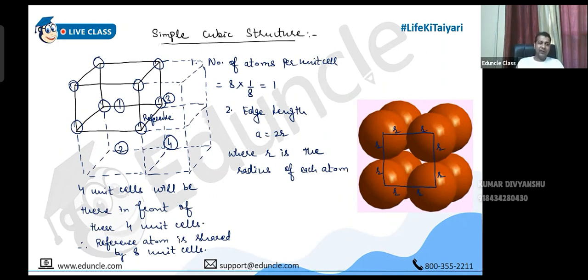Now what is packing fraction? Packing fraction tells us how densely a structure is packed, and in order to find that, what we need to do is calculate the actual volume occupied by the atoms and divide it by the total volume present inside the cell. Okay, so now the volume occupied by atoms